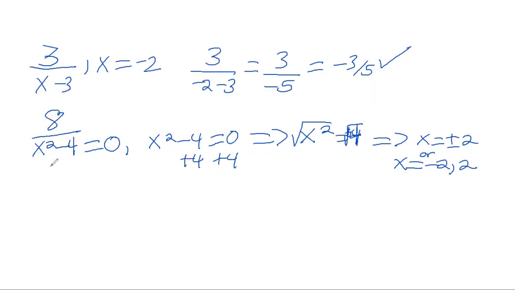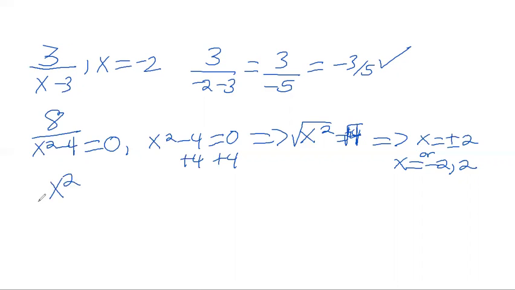It doesn't matter. But you can check it, because if I plug in 2 here, 2 squared is 4, minus 4 is 0. 8 divided by 0 is undefined. If I plug -2 in, -2 squared is just 4, 4 minus 4 is 0, 8 divided by 0 is undefined. So now we're going to look at simplifying